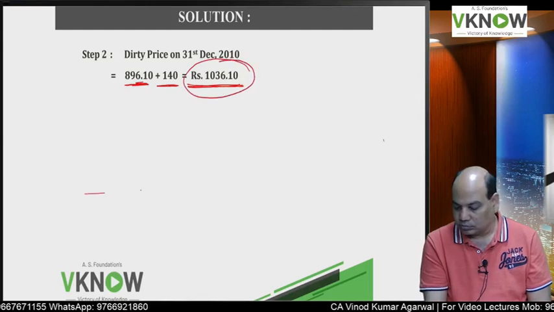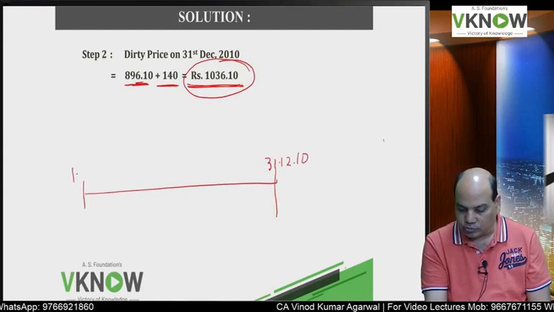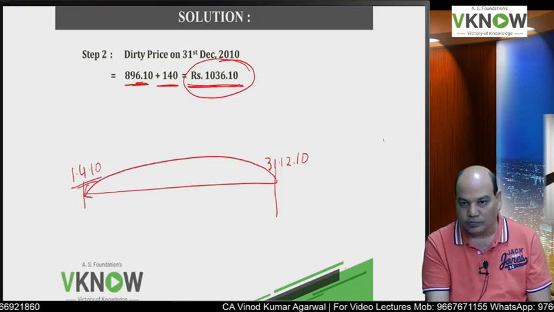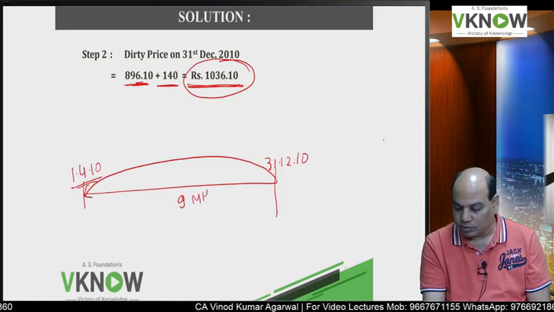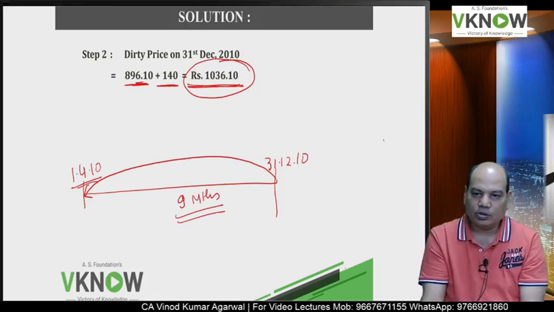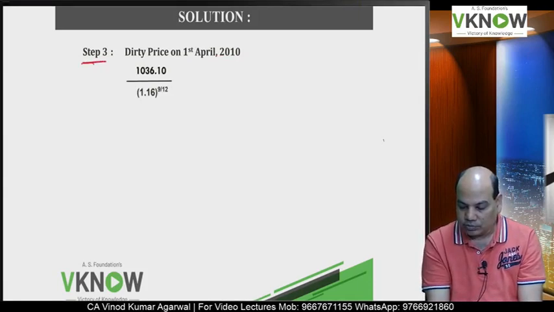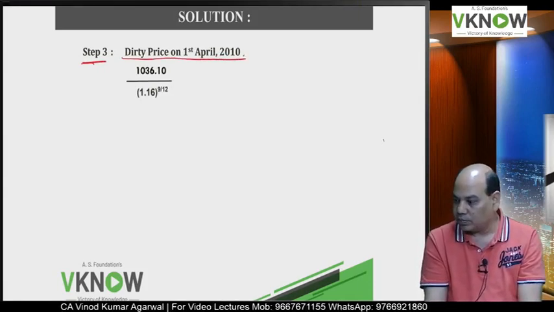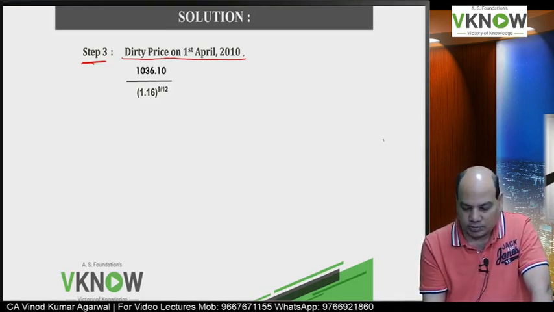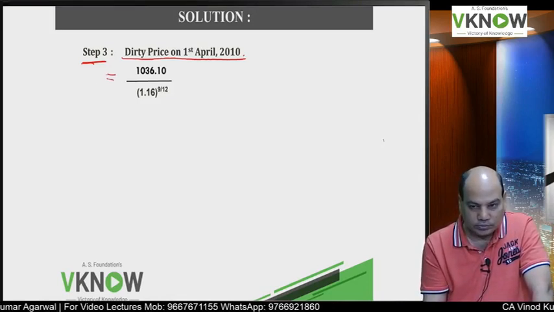This is the dirty price on 31/12/10, and we have to do the valuation on 1/4/10. So I have to calculate the present value of this, and what is the gap between these two dates? 9 months. So I have to calculate present value by discounting it by 9 months. So write down below step 3, dirty price on 1st April 2010 is equal to 1036.10